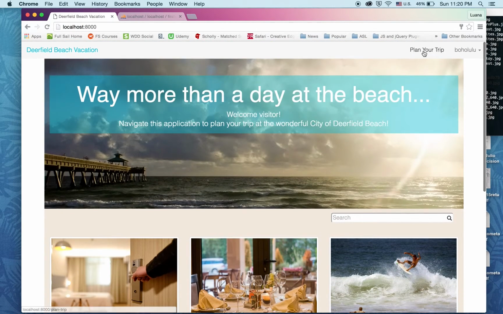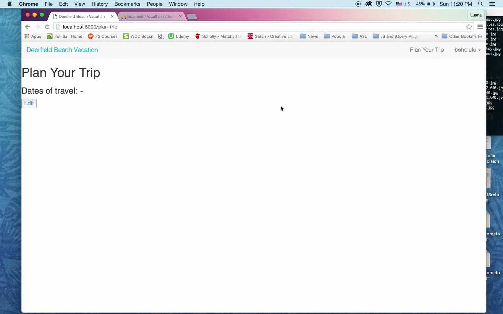Alright, so either you can visit the plan your trip page, which is pretty much empty. I still need to put in something for new users or people who haven't created a trip yet that says, hey, add a trip, or something like that, like a little message. So I'm planning to do that this week with a plugin. So just going back to here,